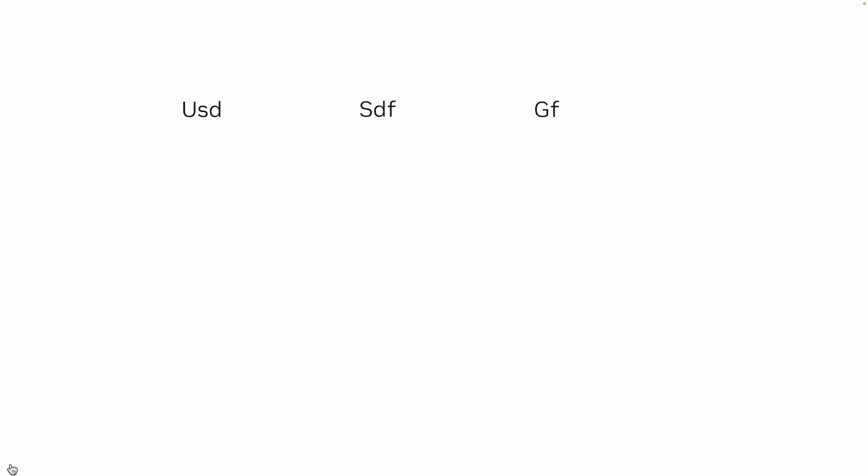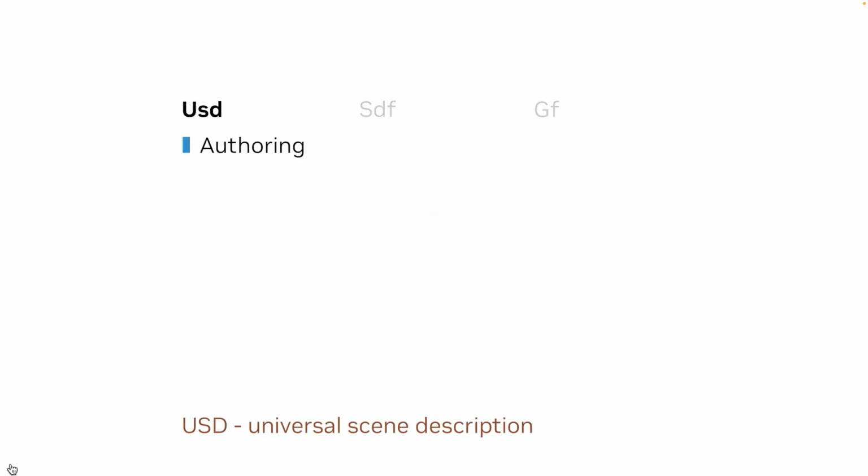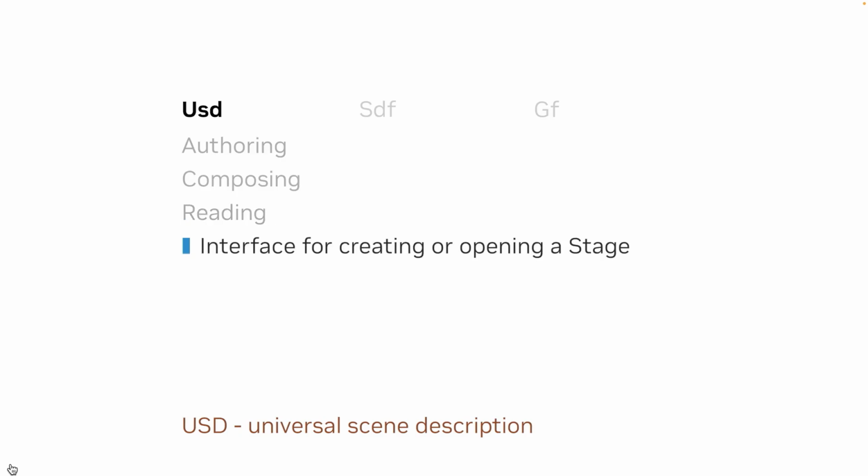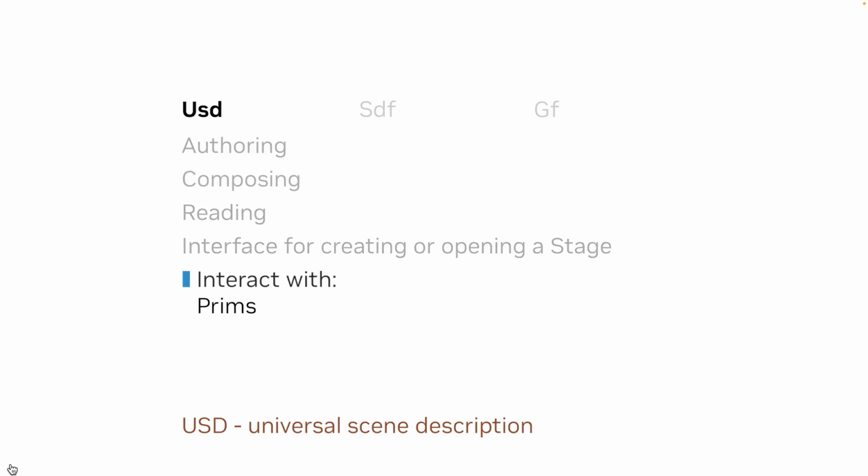Let's have a closer look at the other common USD modules we introduced: USD, SDF, and GF. In Python, you can import these modules from the Pixar namespace. USD is the core client-facing module for authoring, composing, and reading USD. It provides an interface for creating or opening a stage and generic interfaces for interacting with prims, properties, metadata, and